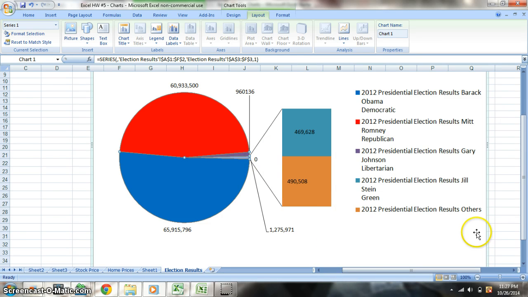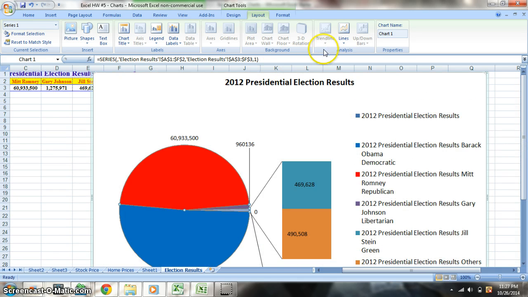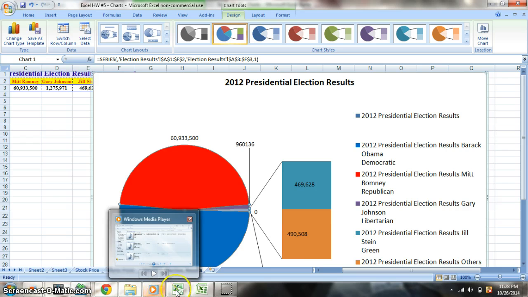But anyway, this is just a simple pie chart. You would mess with your labeling in the layout section. Layout for how you want to lay out your graph, presumably, and then design for how you want the design to be, whether it's the coloring and, you know, that sort of thing. Alright, so moving forward,